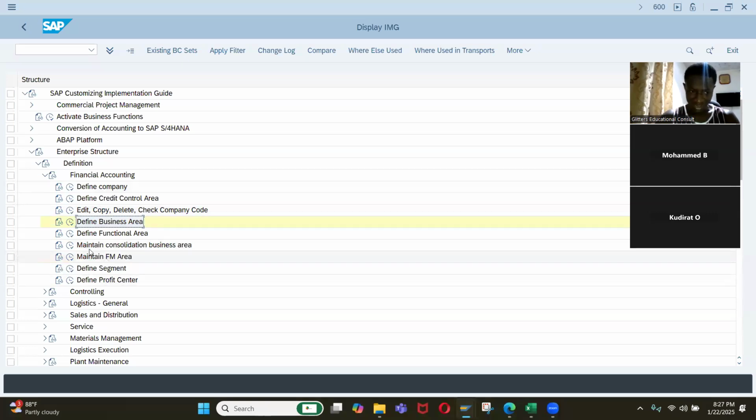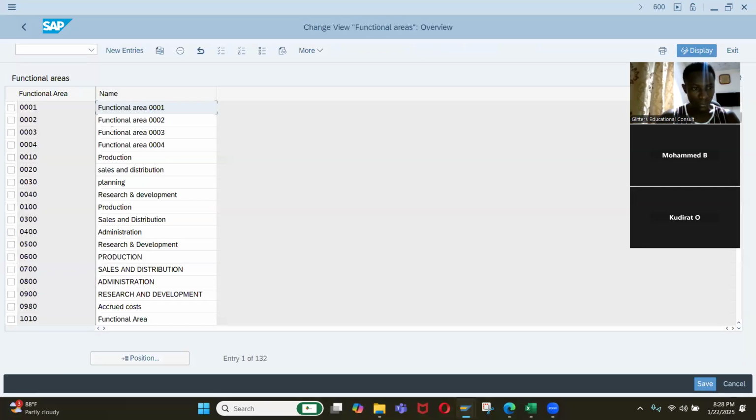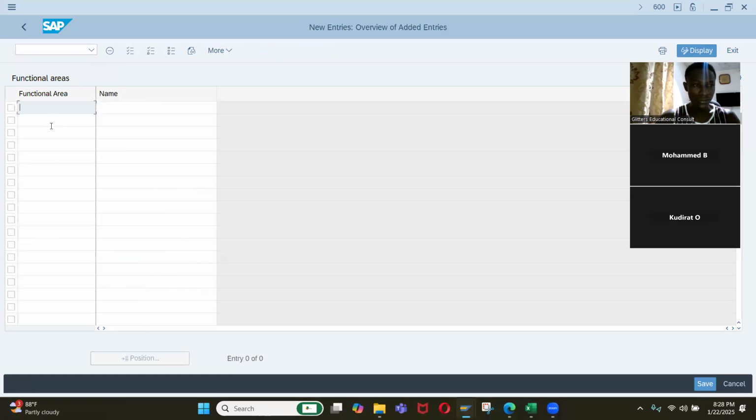So for the functional area, like I said, has been duplicated, but you can still create it. Just to show you, I will click on it. You can see these are the function areas. It's just like the other one too. So I'll click on new entry and then